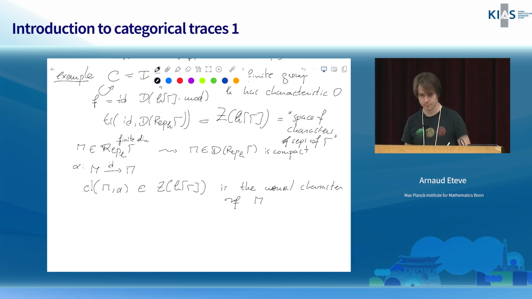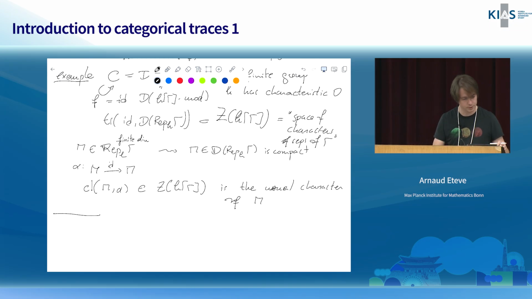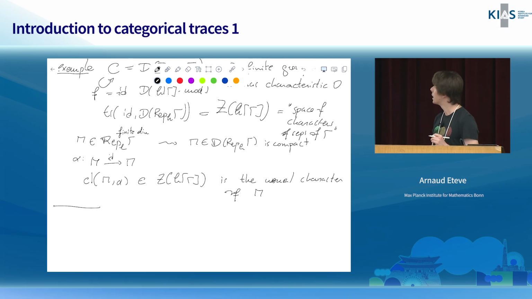All right, so I have slightly less than 10 minutes, so I don't know if it's going to be enough to go through the last example, but I'm going to try a bit. So let's give another example of this notion of traces and what can happen. And the other example I want to build up to is the function-sheaf dictionary.